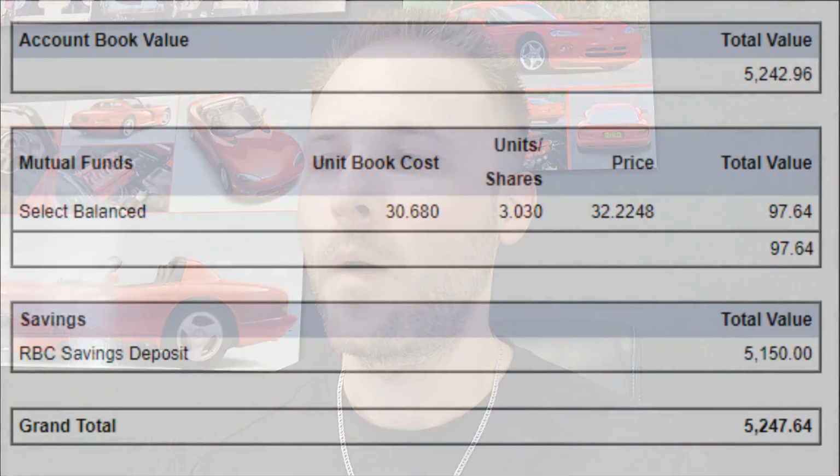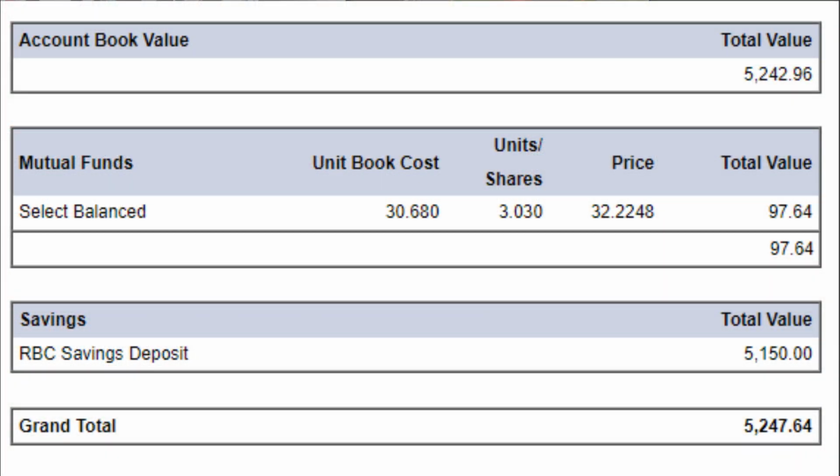That's done. That is the very first step that you're going to have to do in regards to transferring your money to Wealthsimple. Now, there's a few things here. You're going to see here now, when I go back to the main page, how I have the grand total still at around that $5,200. But if you look now, the savings deposit has that $5,150. So what this basically did is we sold the shares of the mutual fund, and now it is being held in cash within the RBC